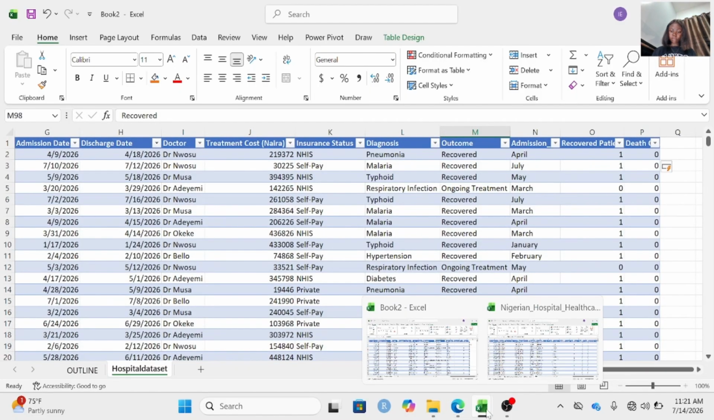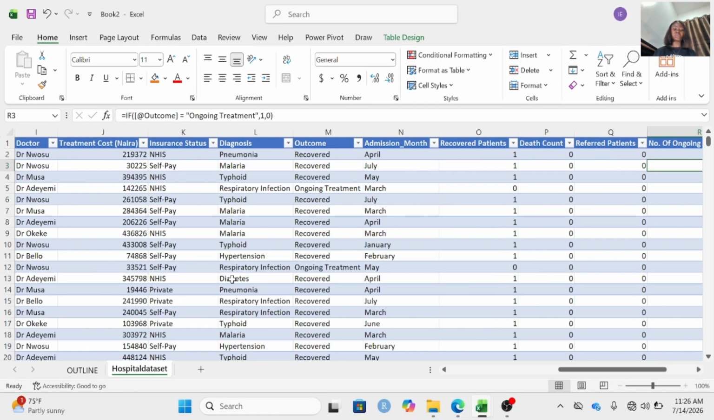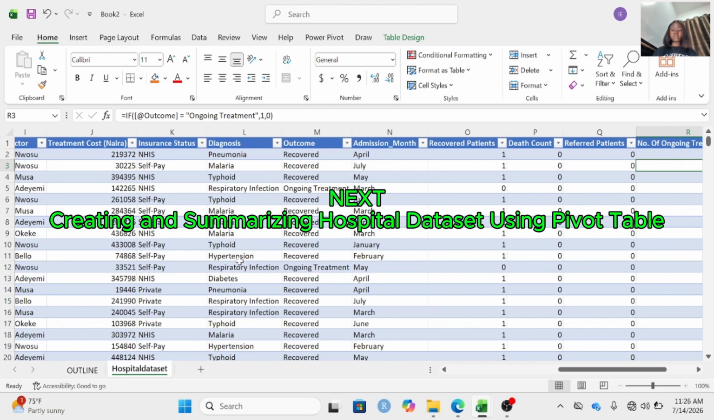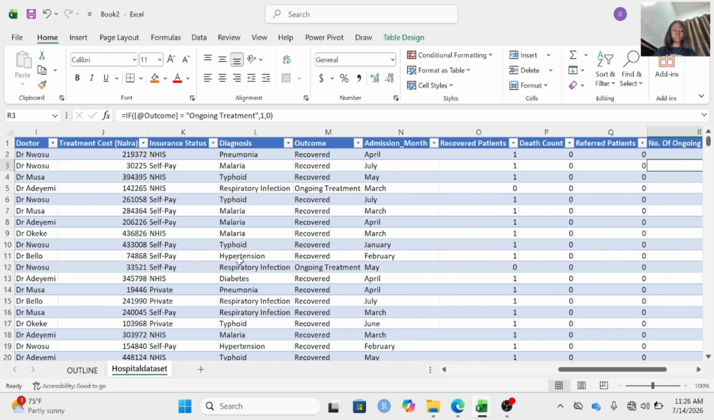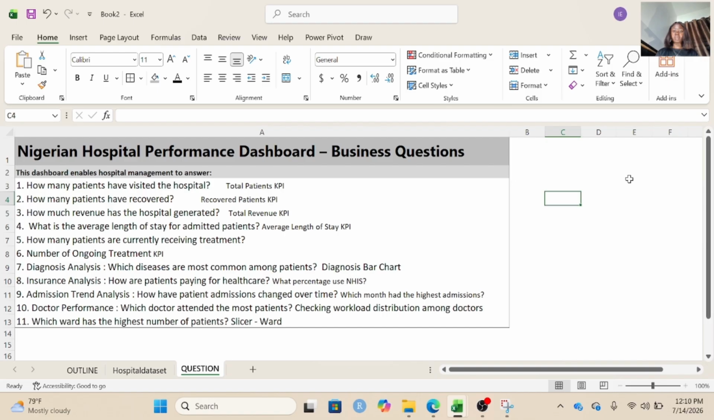Now I'm going to be showing you how you can create and summarize hospital data using pivot table. And we're going to be answering the following business questions using pivot table. Number 1, how many patients have visited the hospital? So I'm going to walk you through how to create a pivot table so that we can answer the following